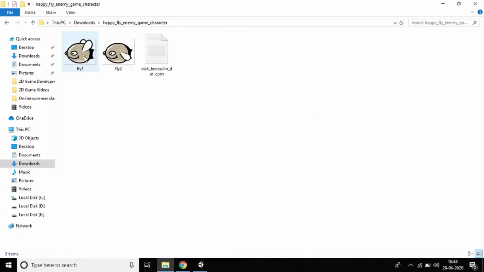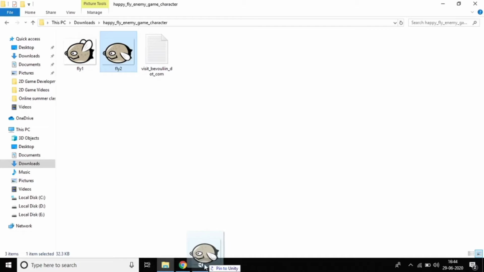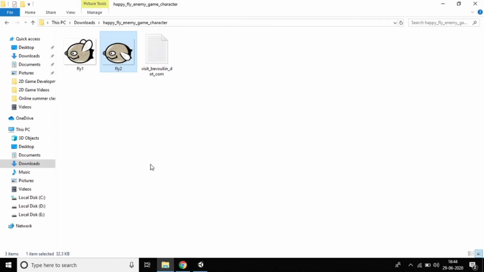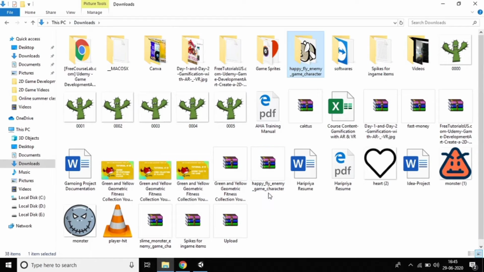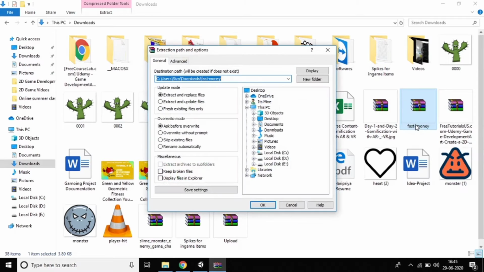Yes, download fly 1 and fly 2 because we need to do animation for this also. What is available, so in total we downloaded 3, right? I think this one also. Extract files. Okay.